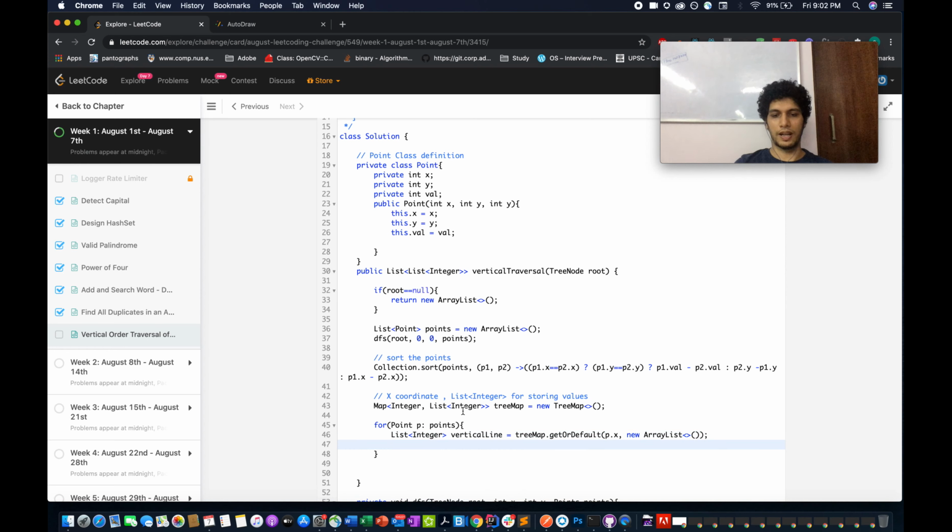If I found an existing one, I'll simply add p.val in it and then update the map with the new list. p.x equals, I'm putting the value, vertical line.